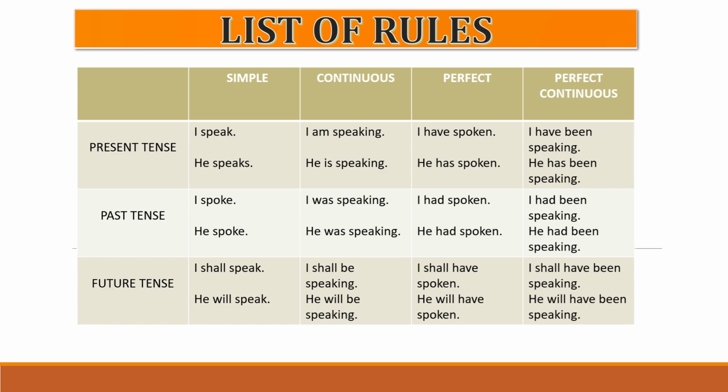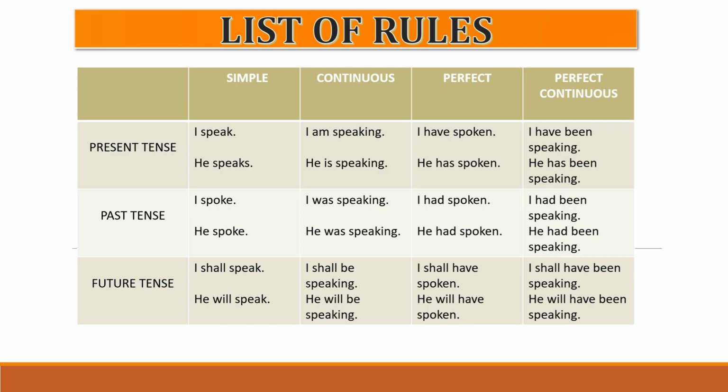So the rule for the past perfect tense is subject, then auxiliary verb, in that we have to write had, and then V3. So here the sentence is I had spoken. I subject, had auxiliary verb, spoken, that is main verb, and it is in the form V3, past participle form